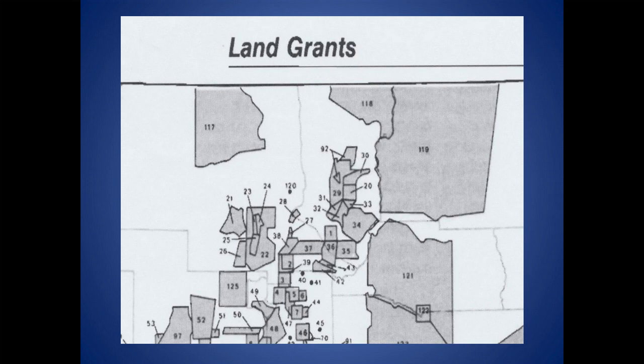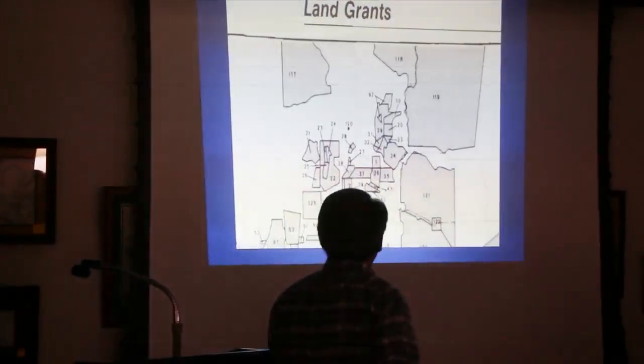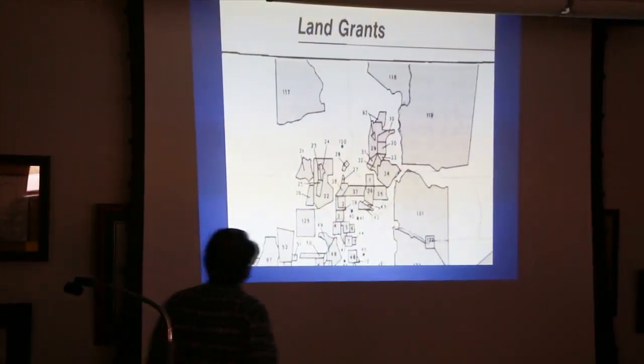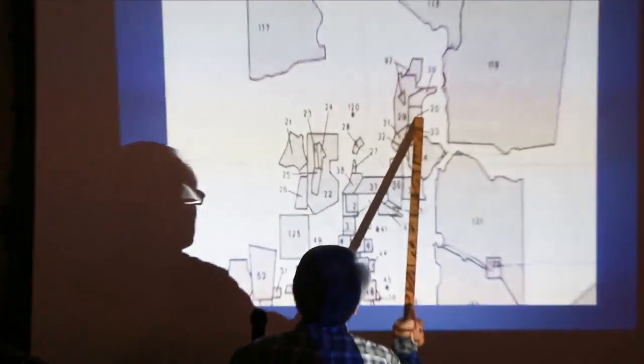So if you look at, sorry, I forgot my pointer. See this land grant, number 1, number 2, number 3, number 4. What do you think they are, from what I told you? They're all square, aren't they? So those are some of the Pueblo land grants. Number 1 is Picuris. And this one, I believe, is Taos Pueblo.